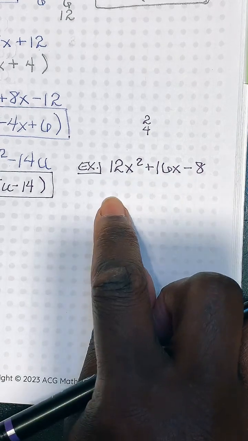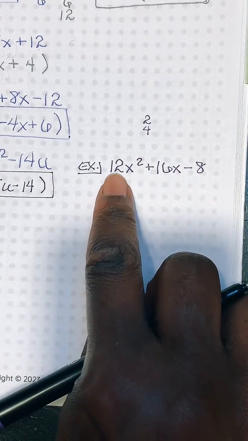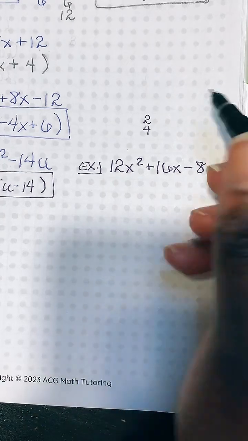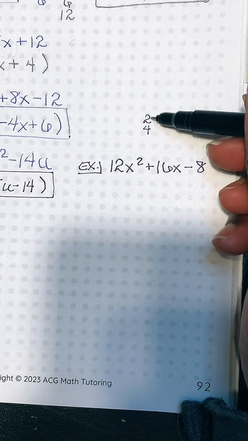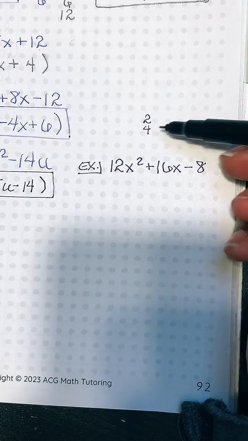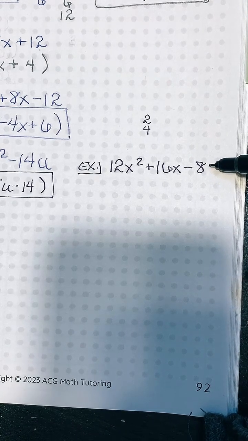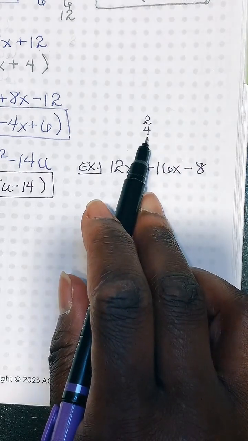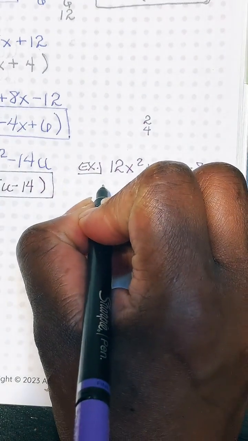Okay, same thing. 9s can't work. 10s can't work. 11s can't work. 12 only works for the 12. So right now I'm kind of looking at 2 and 4. Because I can't go past 8, since 8 is my smallest number, I shouldn't even try to look after 8s. I shouldn't be looking at 9s or 10s and so forth. So your greatest common factor is going to be 4. So if I pull the 4 out,